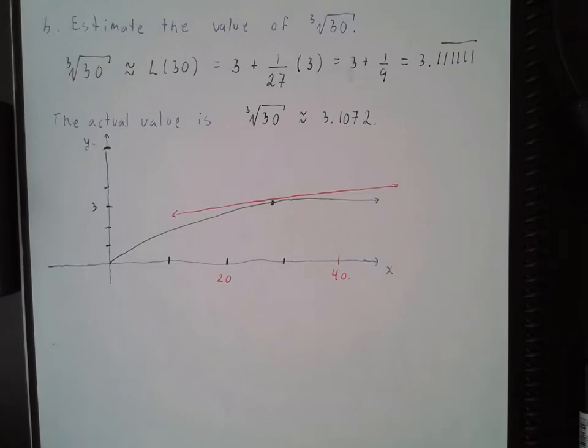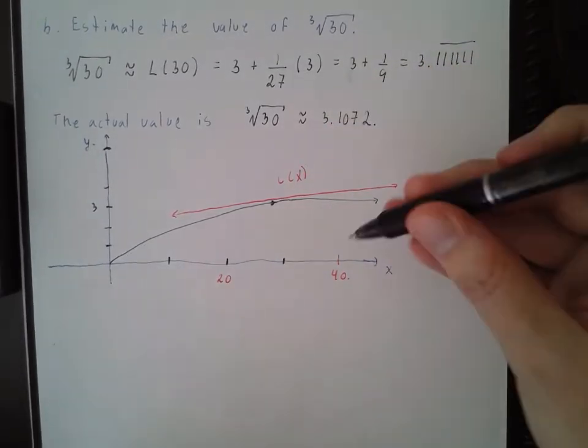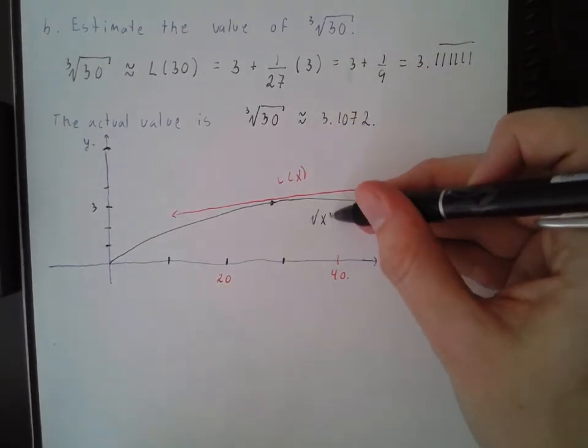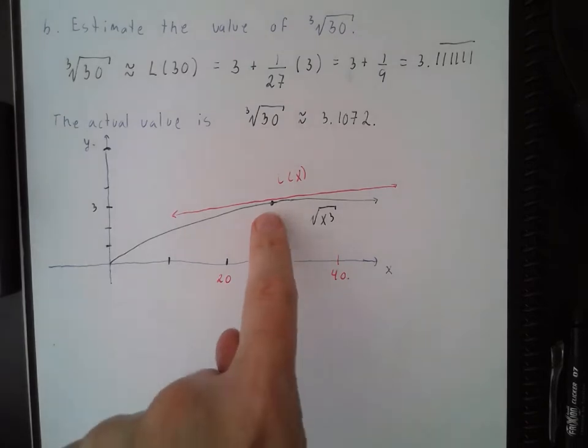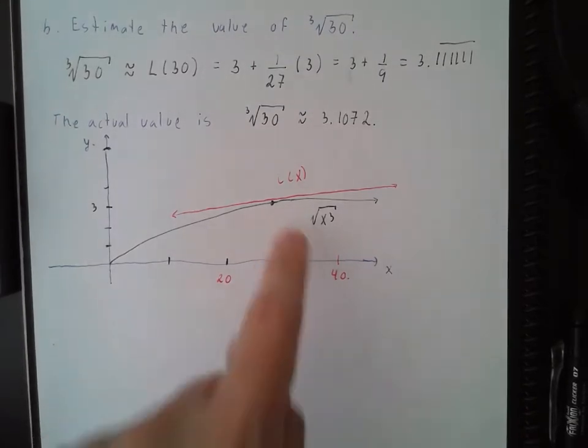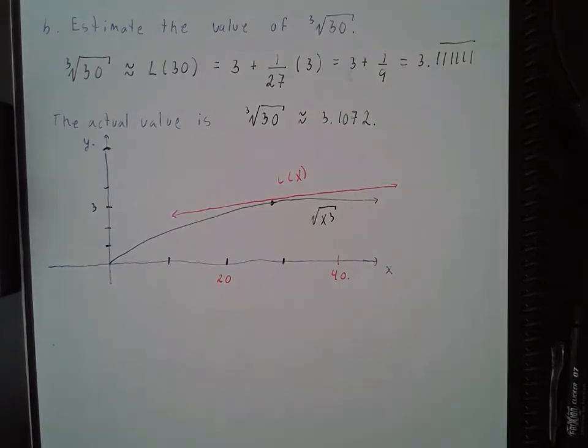Can I ask a question? Yeah, sure, Udita. I noticed in the first example, your linearization underestimated the value, and here we're overestimating the value of the actual cubic root. Is there a reason why this is an overestimate and the last one was an underestimate? Well, it has to do with the nature of the function. Since this function is concave down, with a concave down function, you're going to overestimate the values